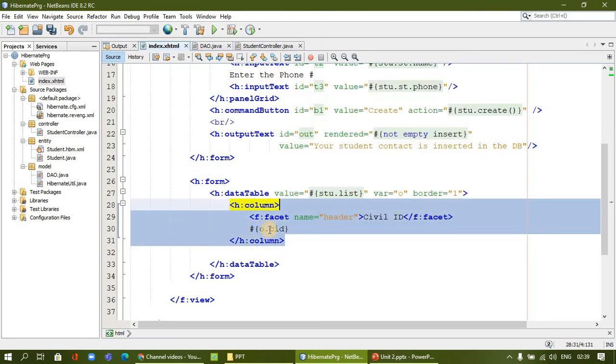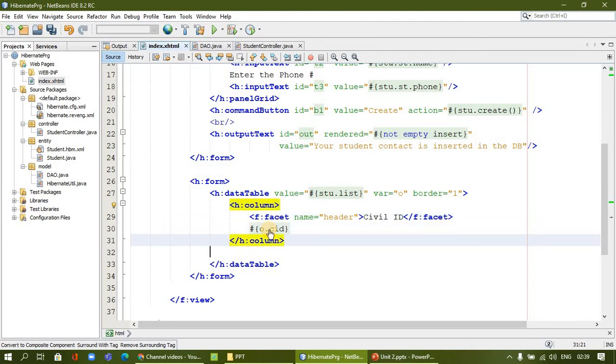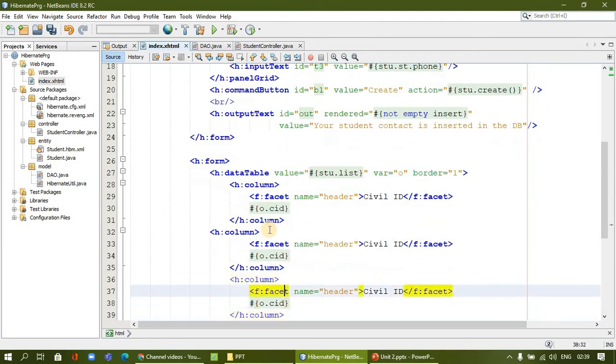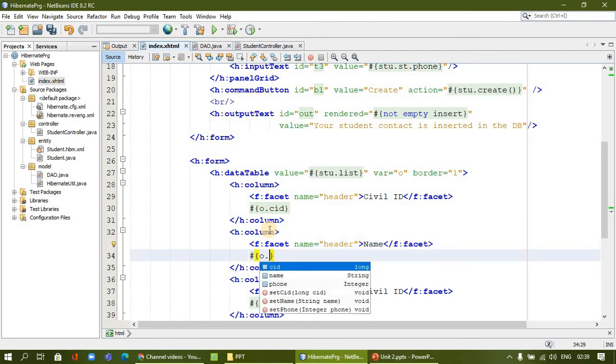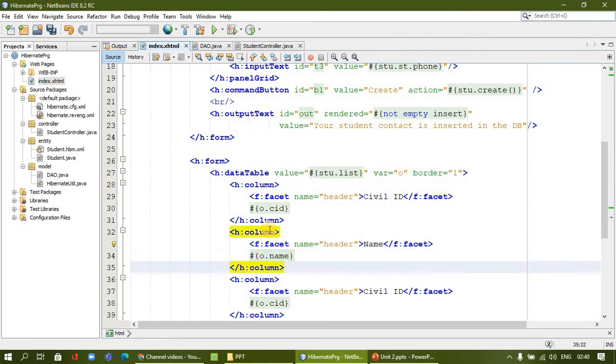The same way I will copy paste and make another 2 columns. The header for this is name, and this is for the name value. This is the header, this below is the value. The header is phone number, and the value is object dot phone number.